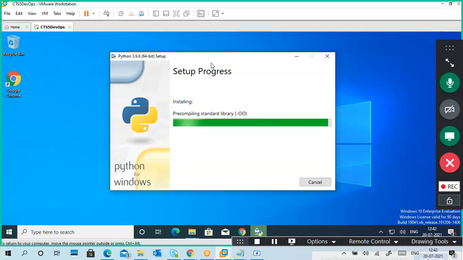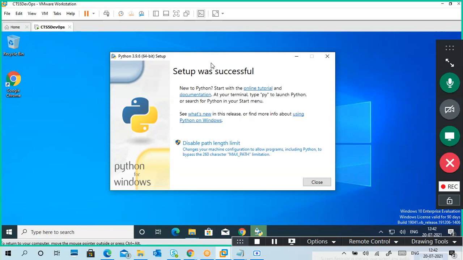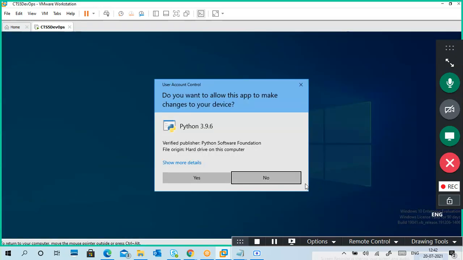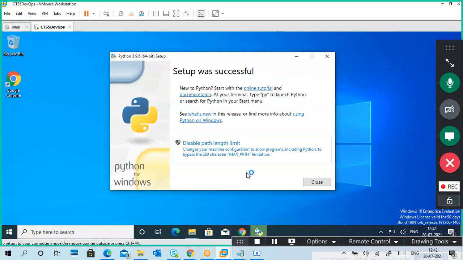Yeah, the basic libraries will automatically come. Only we have to type the import command, import library. A disable path limit something is showing here. Okay, no problem. Close.